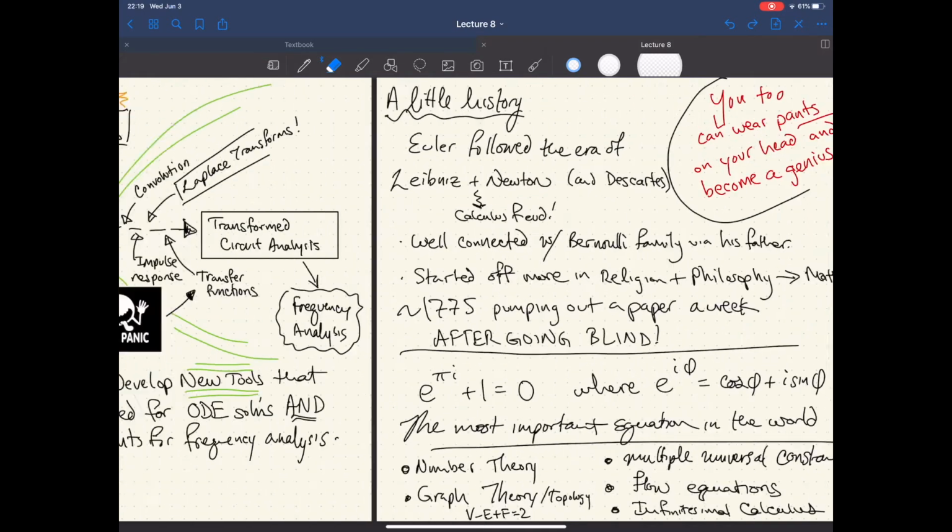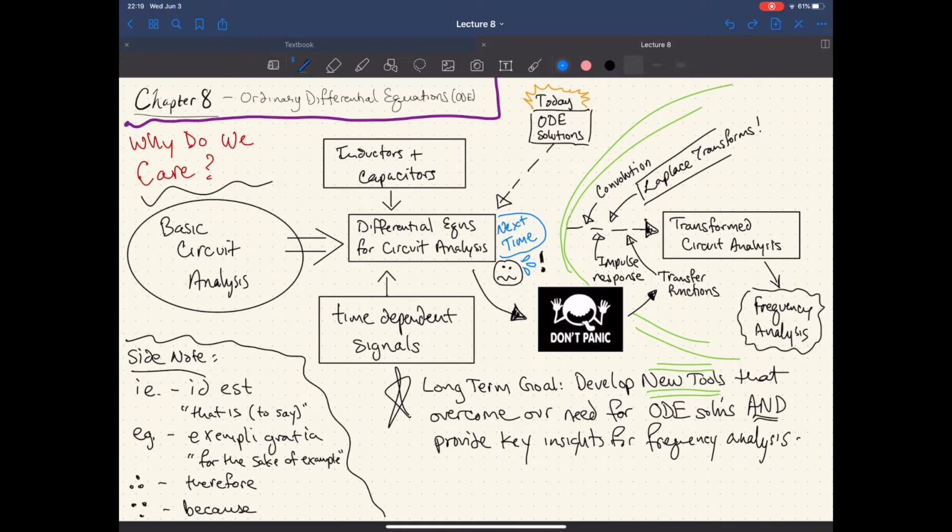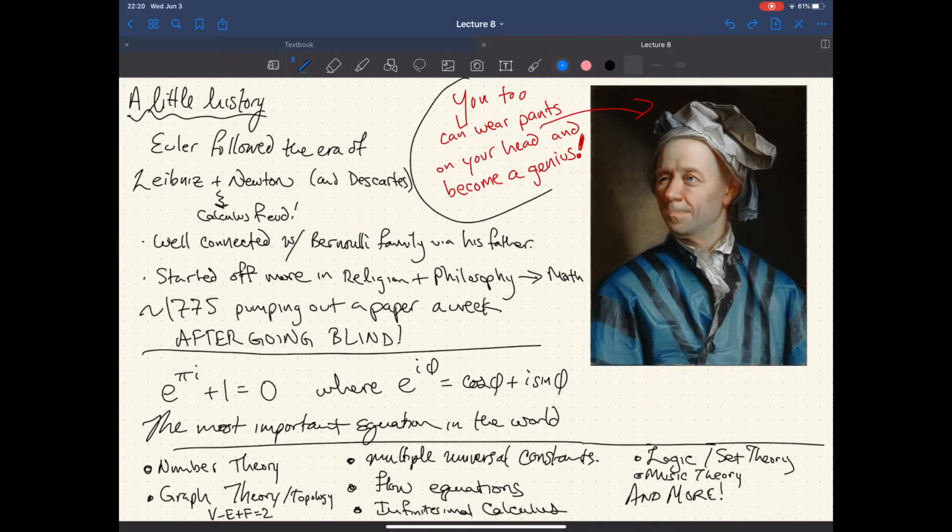Okay. Oh, little side notes here. I don't know if I cover these or not, but I'm going to anyway. I.e. is like an equivalency, like, hey, that is to say, I say something and then I just reiterate it. E.g. is an example. Three dots up is therefore, three dots down is because. I very rarely use this one, mostly because I haven't run across it too much. I use therefore very frequently.